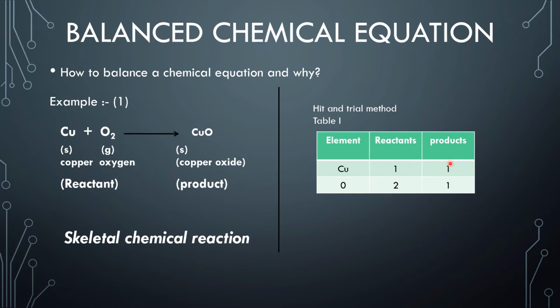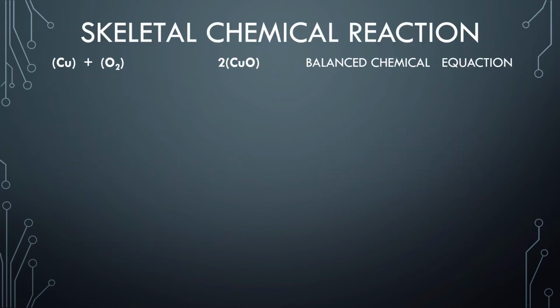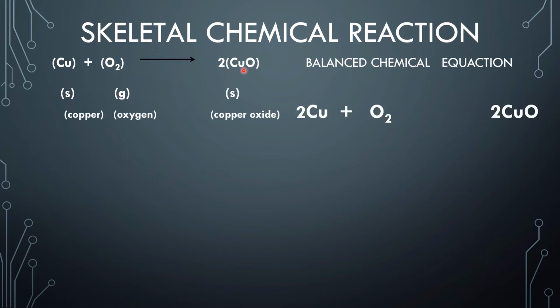Similarly, we count the number of each element on the right hand side. Here we see the number of atoms of copper is 1, so we put 1 in the product column. The number of atoms of oxygen is also 1, so we put 1 in the product column. Now to balance this equation, we put reactants and products in brackets and choose a sufficient coefficient to balance oxygen. Here we see the number of atoms of oxygen on the reactant side is 2, so we put 2 before the bracket